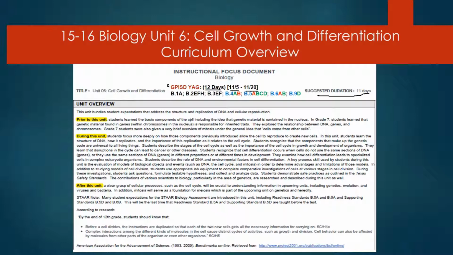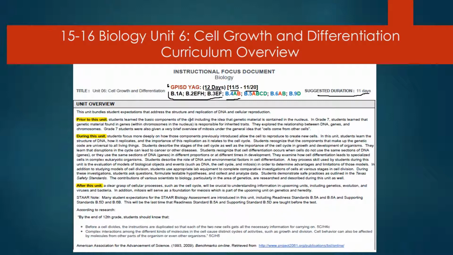20th. Here you have our processing skills that are in black, the supporting are green, and the readiness are in red. So we have 1, 2, 3, 4, 5, 6, 7, 8, 9. We have exactly 9 SEs that are embedded throughout Unit 6, and the majority of those SEs have been covered already from previous units. However, they will be spiraled back in and used in different contexts as it relates to this